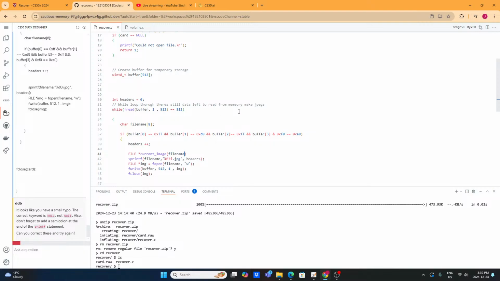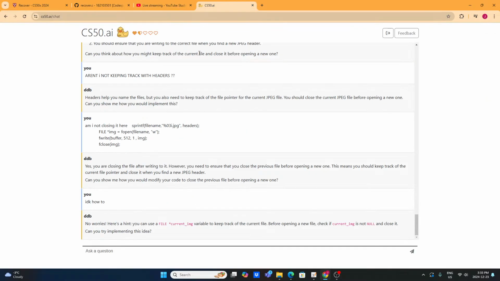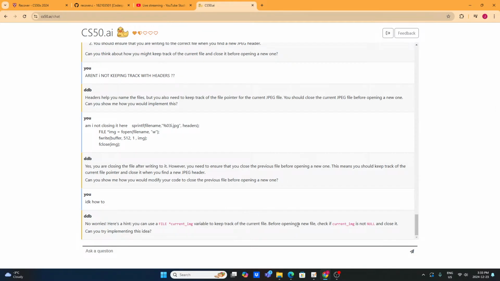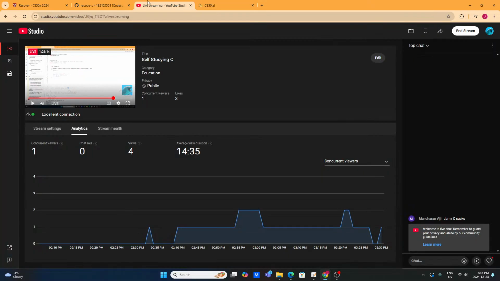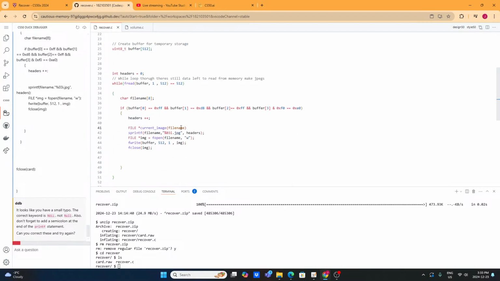File name and we have to the current file. Okay, and then before opening a new file, check if current image is not null. So again, just like we did before, we're checking if card is not null. Again, we're going to do if current square image is null,